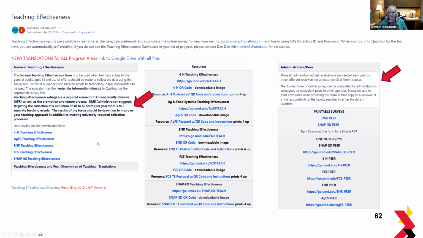So, of course, this is where you go to get the hard copy, or you can give your participants the web address or QR code. In addition to those, you need the 3 administrative or peer evaluations for at least 2 different classes. So these are lots of end of class things that you need to think through as a faculty member. So oftentimes you don't do all of it at once. You pick and choose, okay, this course, I don't necessarily need to gather a lot of outcomes, so I'll choose